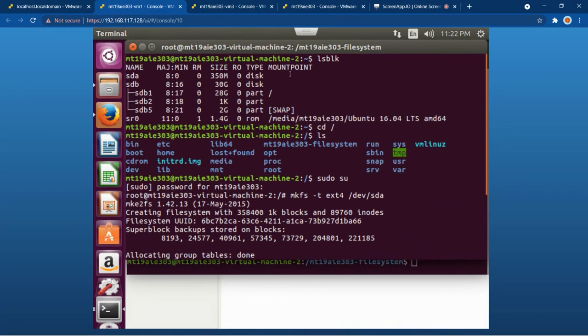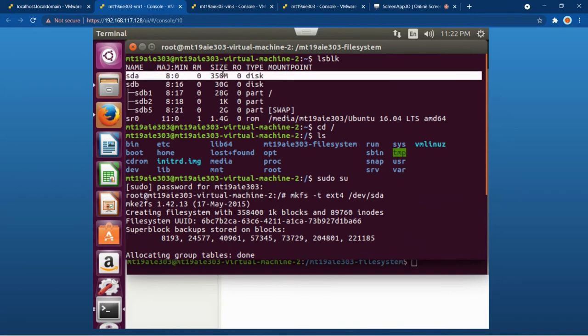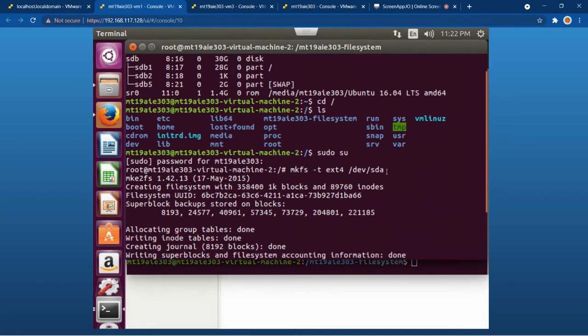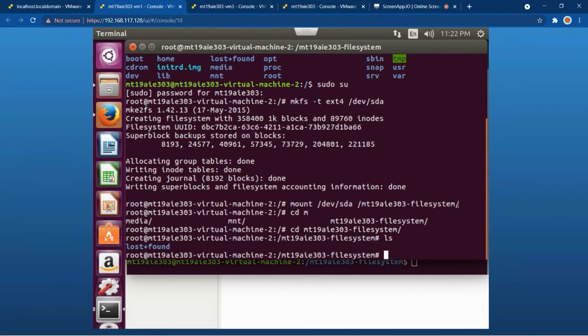So I need to mount this shared storage into one of my folders. I just created a folder called MT19 file system, where first I have made the disk a file system, and then with the following command, I mounted the disk into that folder.